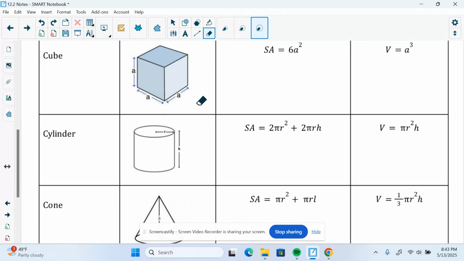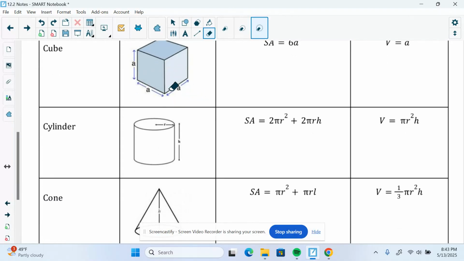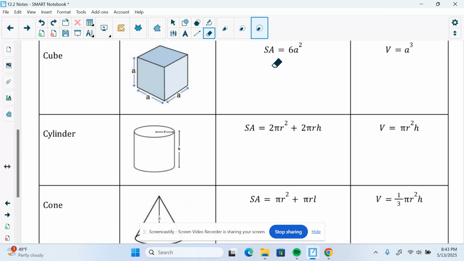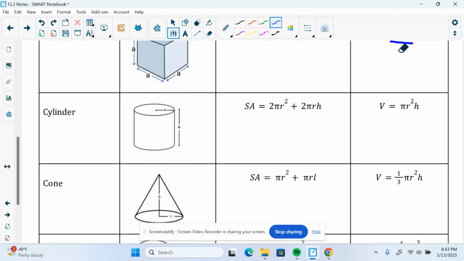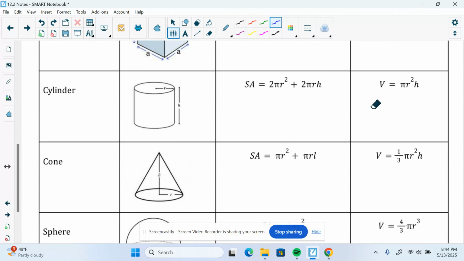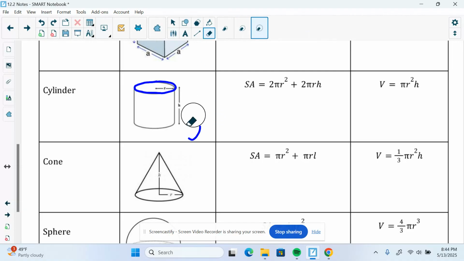Cube is easy. It's just a box where the length, the width, and height are all the same. That simplifies the formulas quite a bit. There's surface area, there's volume. I'm not going to go through that. A cylinder is just like an aluminum can. It has a circular top and a circular bottom, or maybe it's laying on its side, all right? The circle is the base. And in order to calculate this, now cylinder is not a prism, but the formulas are